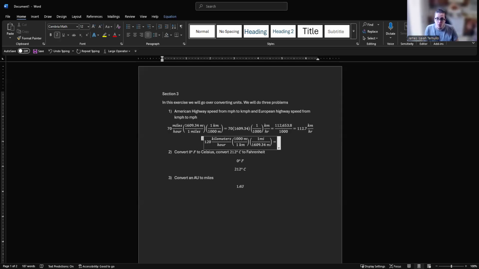And so if you take a look, our kilometers are going to cancel out, our meters are going to cancel out. We don't have to worry about hours because we didn't care about switching the times, and we're going to be left with miles per hour. And so if I do this again, just like I did before, we have 120 times 1,000, and then this is going to be divided by 1,609.34. Remember, we already did all the work for our units. It's not kilometers, it's miles per hour. Okay? And so now if we plug this in,